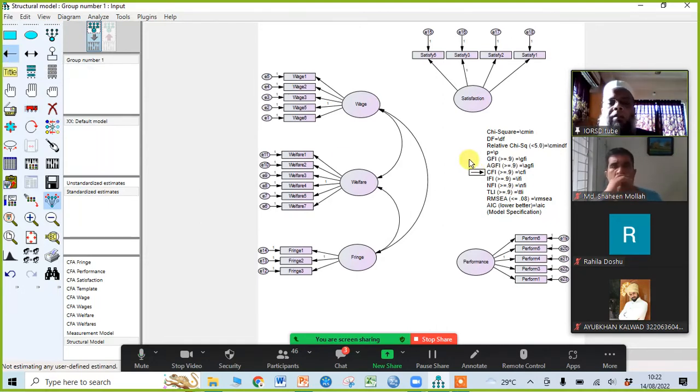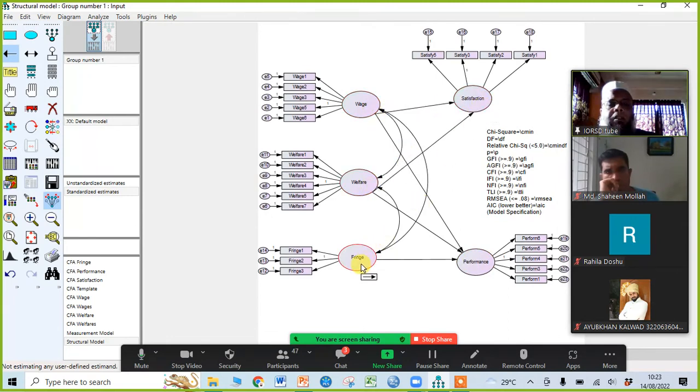Take this one from ways to performance, welfare to performance and fringe to performance, ways to satisfaction, welfare to satisfaction, fringe to satisfaction, and satisfaction to performance. Make the line like this, and deselect this.